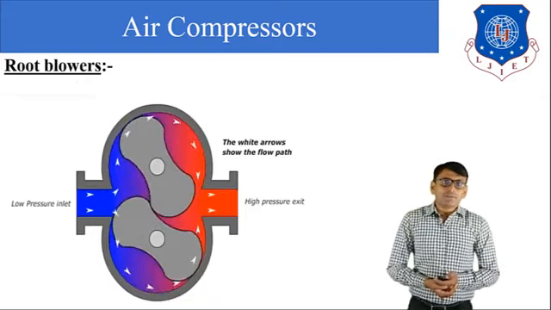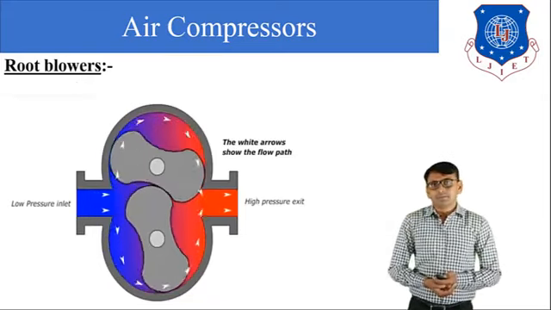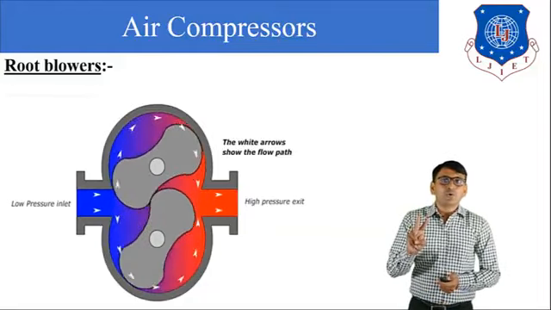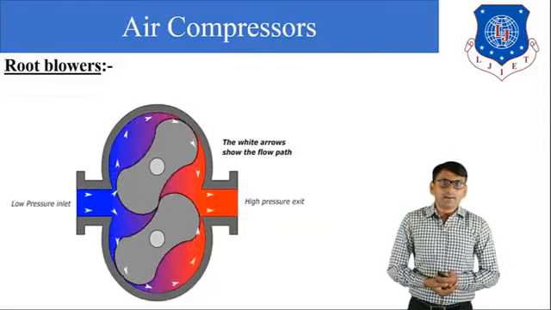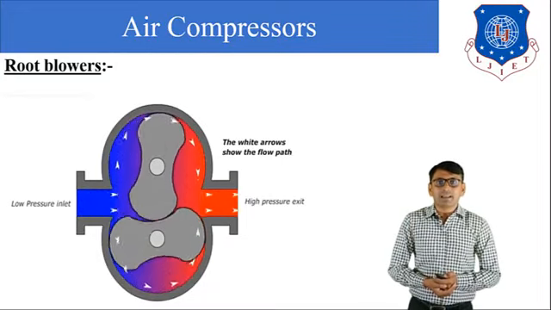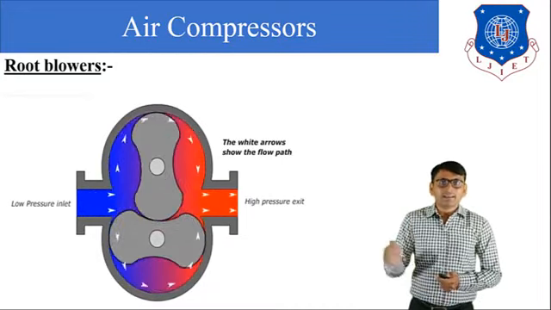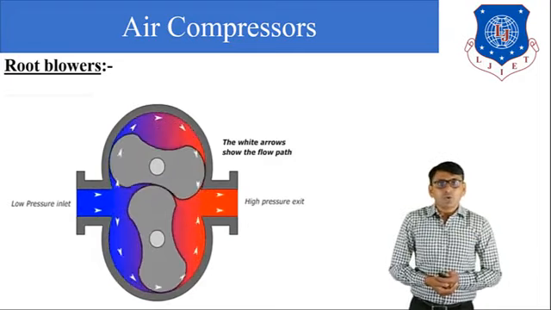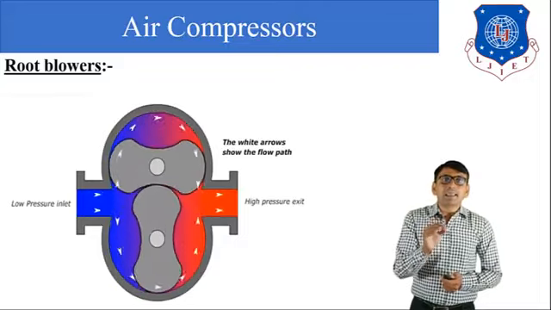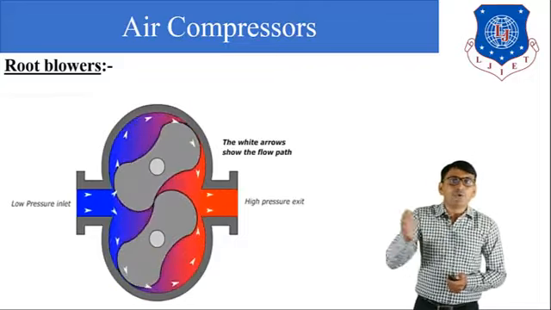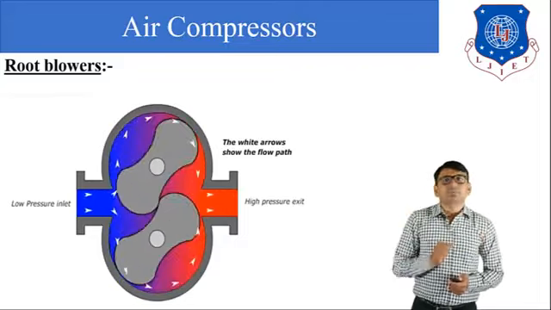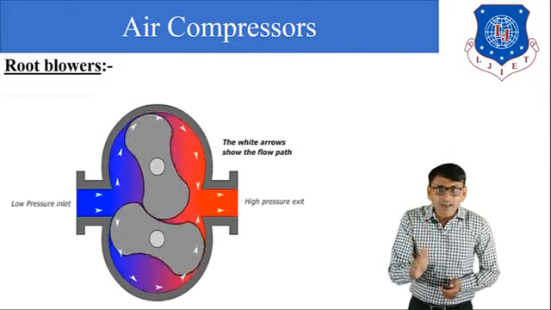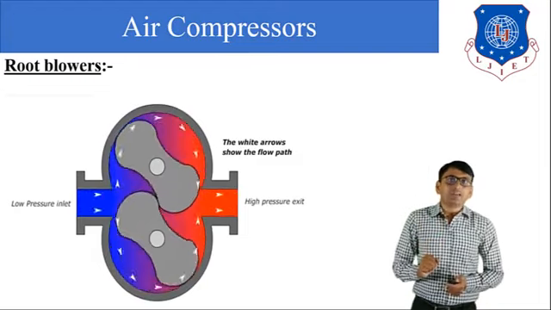Now, the third one is the root blower. In a root blower there are two rotors, and these two rotors are placed in a casing with a suction pipe, and there is one discharge pipe. Low pressure air enters from the suction pipe, then it is trapped between the rotor and casing, and then